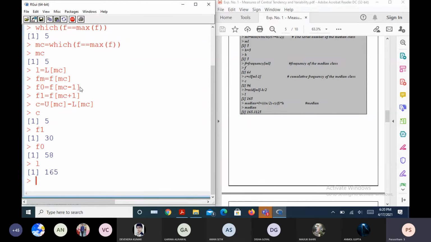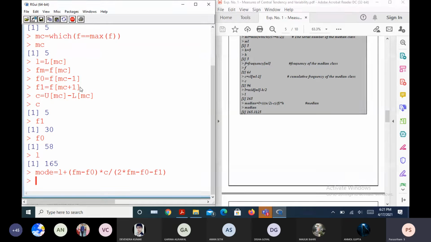Therefore, mode is equal to L plus, the numerator is FM minus F0 times C, divided by the denominator, 2 times FM minus F0 minus F1, right? This is the mode you got using this formula.